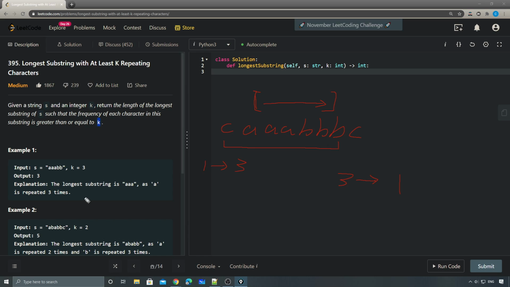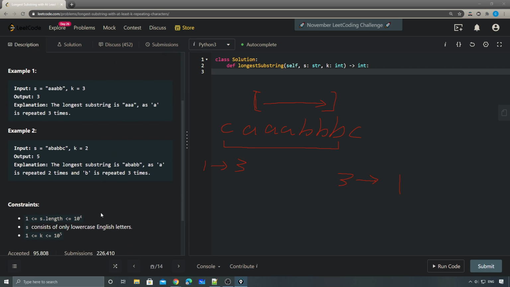Since they're all lowercase English letters, we have at most 26 distinct letters, so we can simply try. Basically, we need to try all the possible